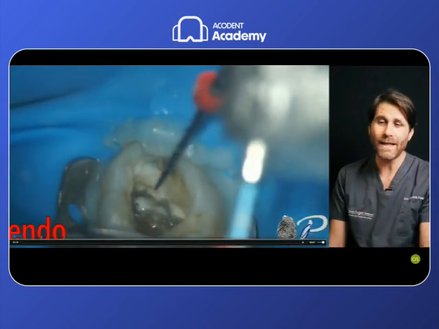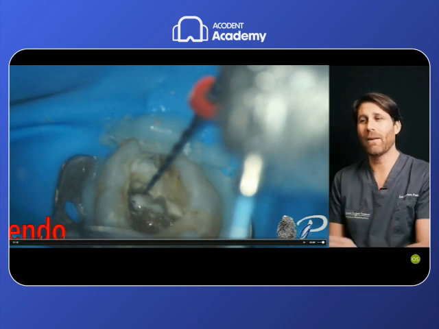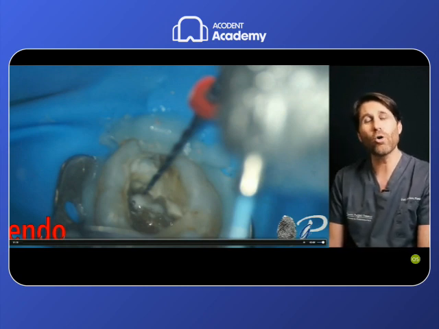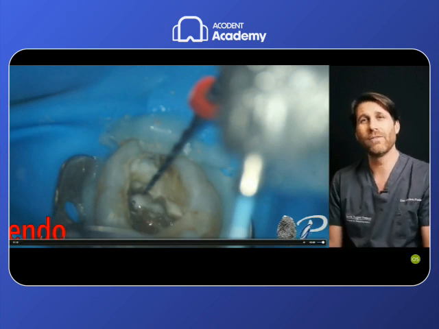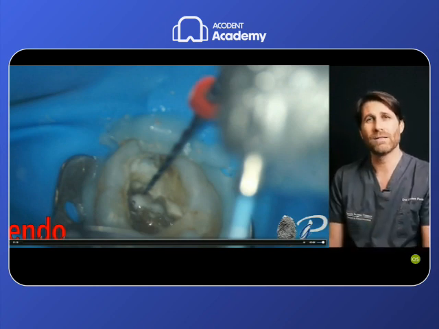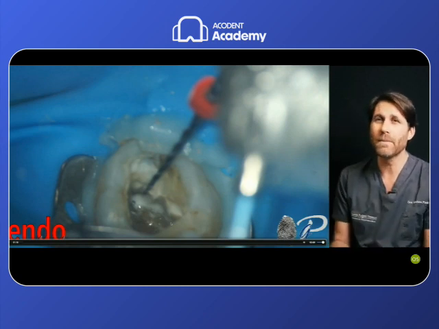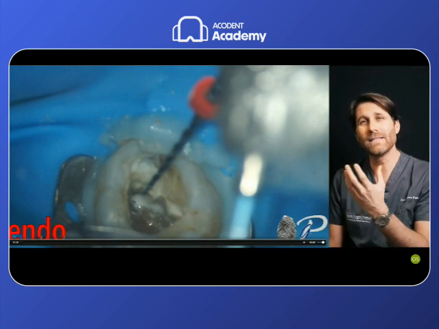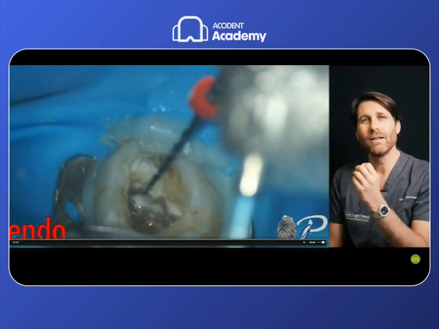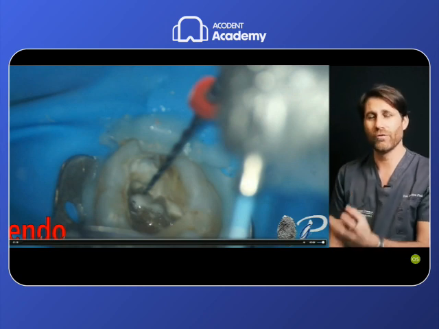So in this video, you have clearly seen how this technique can help us in scouting the coronally unscoutable root canal. I want to repeat the properties that this file has to help us perform this scouting in these particular situations. The big tip is big enough and resistant enough, and has enough power, to penetrate this hard dentin that occludes the coronal portion of the root canal.